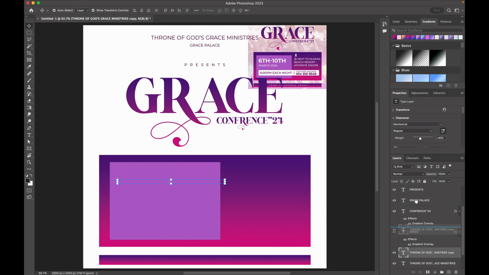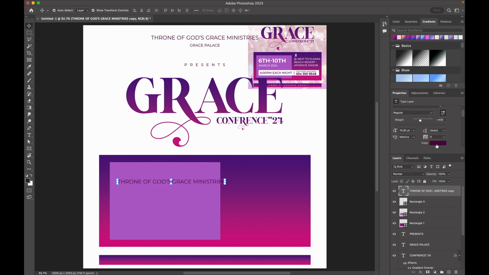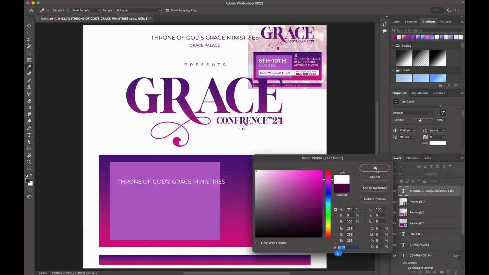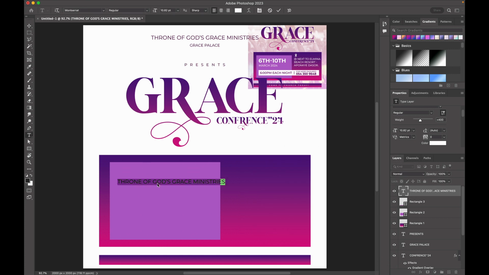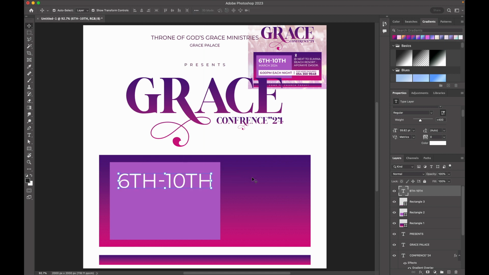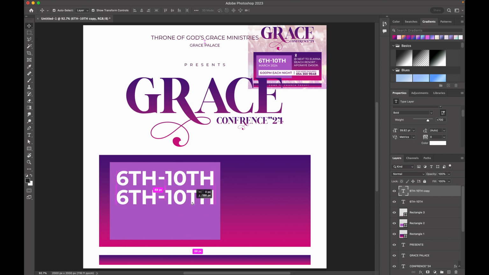Let me drag this to the top like this and change the color to white, since the text in here is gonna be white. So let me just type 6th to 10th, and then I enlarge it, change the size, the weight to bold, and then I align it, and then I duplicate it again, then reduce it, and I type in